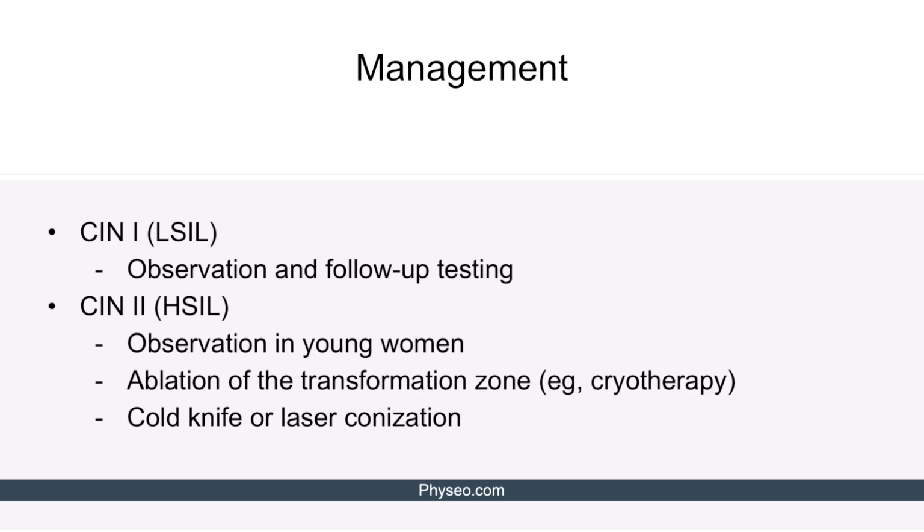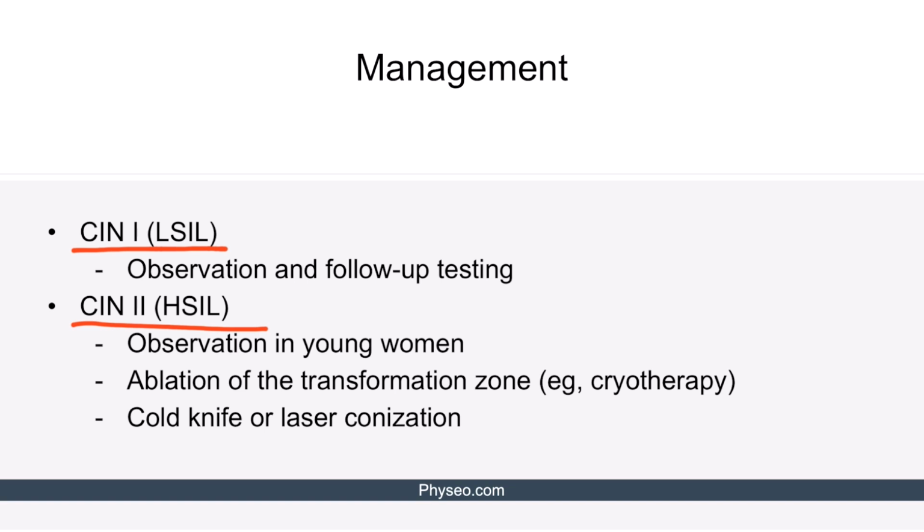If, however, the patient already has cervical neoplasia and it is too late for prevention, the management is based largely on the degree of cervical intraepithelial neoplasia, or CIN. CIN1, which roughly corresponds to a finding of LSIL on pap smear, is usually managed with observation and follow-up testing. CIN2, which roughly corresponds to a finding of HSIL on pap smear, is usually managed with observation in young women. In older women, however, clinicians may consider ablation of the transformation zone, for example using cryotherapy or cold knife or